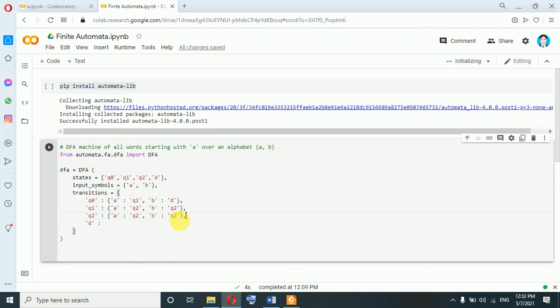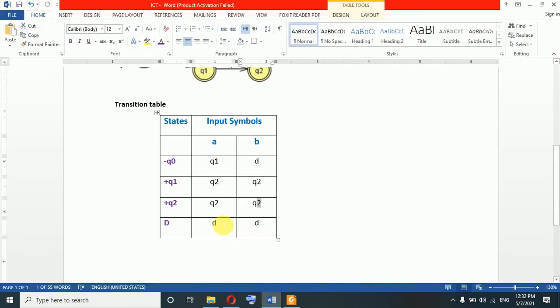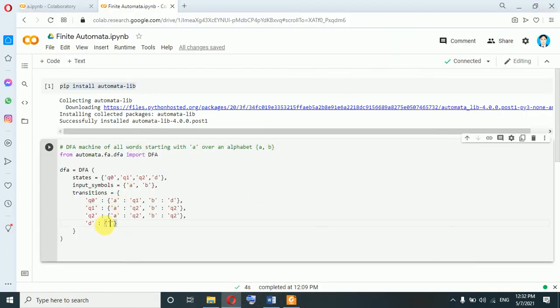Then the dead end state. On input letter A, it goes to the dead end, and on input letter B, it goes to the dead end. So input letter A goes to dead end, comma. Input letter B goes to dead end. So this is the end of the states, comma. This is the bracket beginning from here to end here. Now